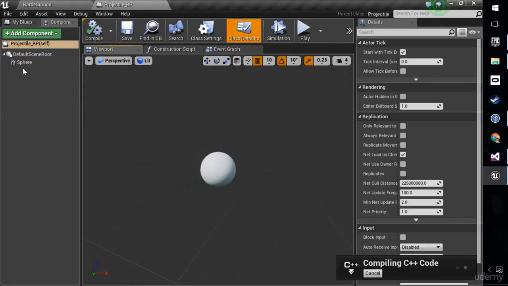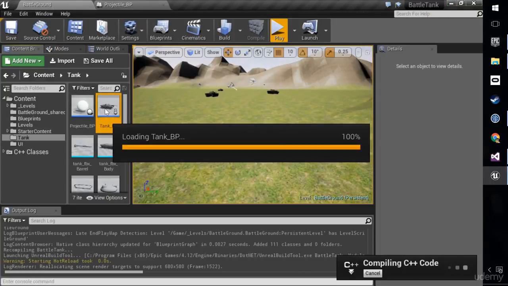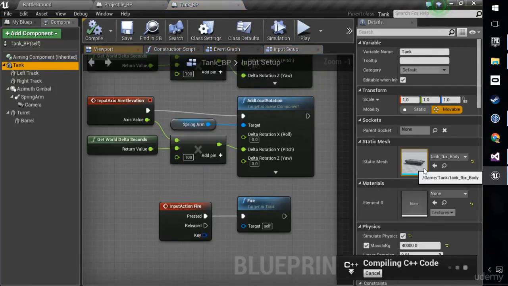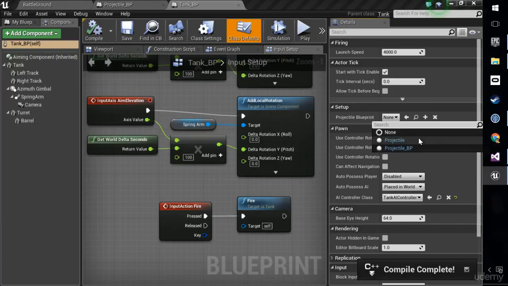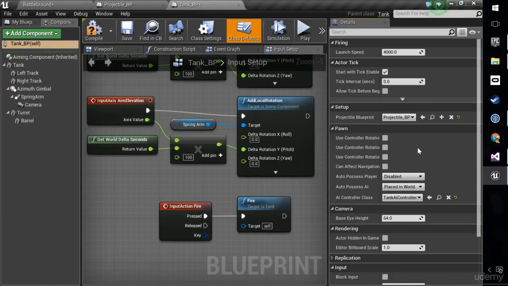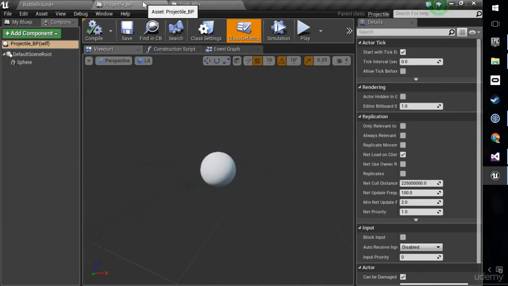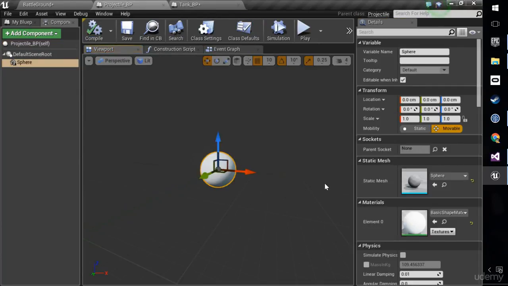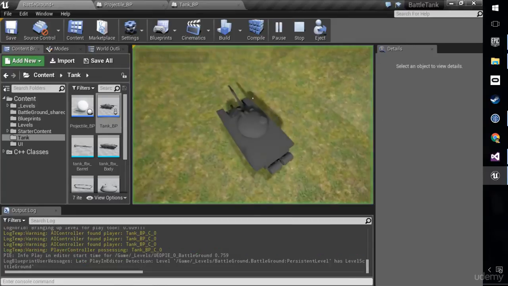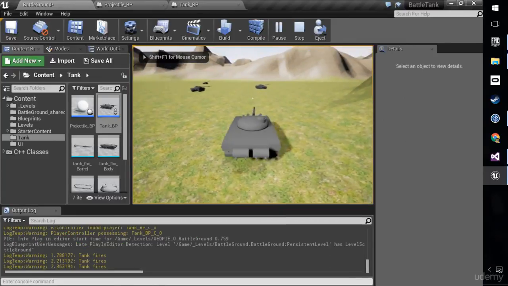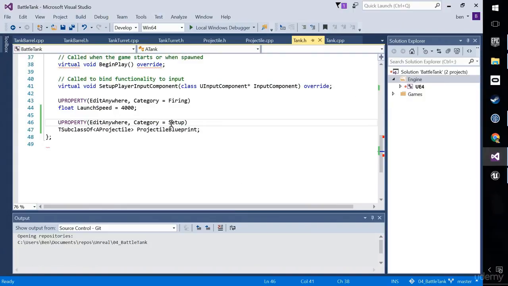It'll all come together in a moment when we get to the tank blueprint and we go to the top tank, and then where it says projectile blueprint, look at the magic when we click this drop down now. You can only choose a projectile C++ class or a projectile blueprint. We want the blueprint because we want all the modifications the designer may have made on top of the C++ in this blueprint, like how this thing looks and any particle effects. Cool, so let's save everything. Run the game. And nothing happens, of course,